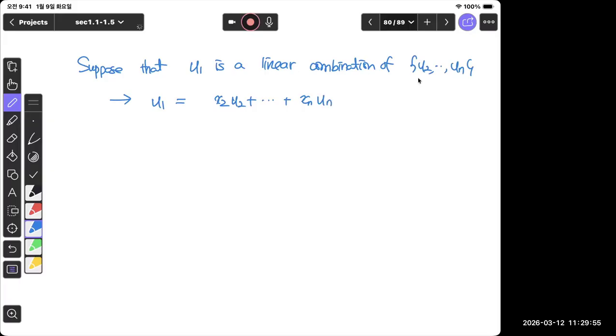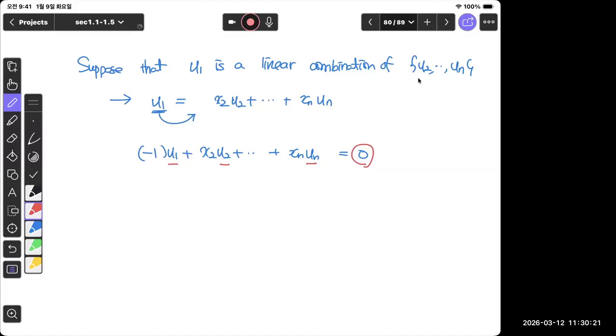Now, if I move this u1 to the left-hand side, we get negative 1 times u1 plus x2 u2 plus xn un equals 0. So what I get is some linear combination of u1 up to un producing the 0 vector,